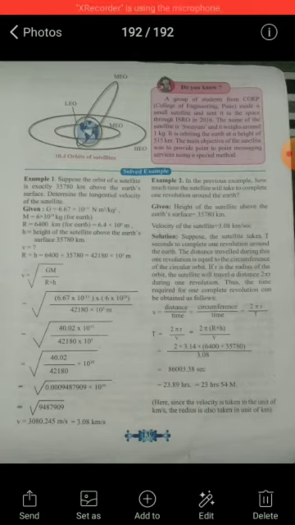Here they have also given one piece of information about COEP, that is College of Engineering Pune. A group of students from COEP made a small satellite and sent it to space through ISRO in 2016. The name of this satellite is Swayam, and its weight is around 1 kilogram. It is orbiting the Earth at a height of 515 km, and the main objective of the satellite was to provide point-to-point messaging services using a special method.